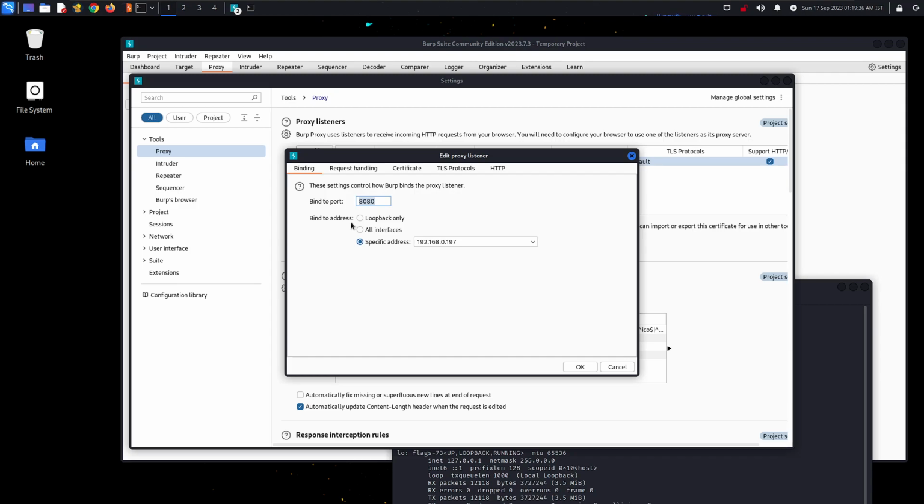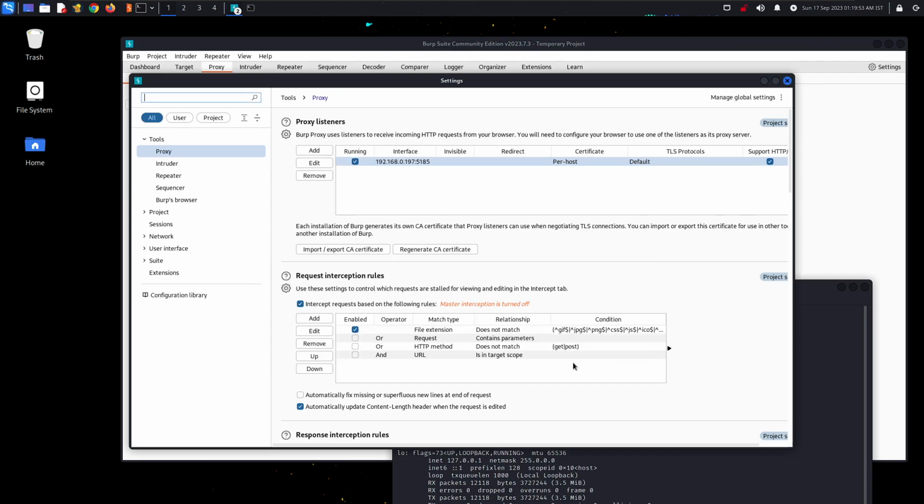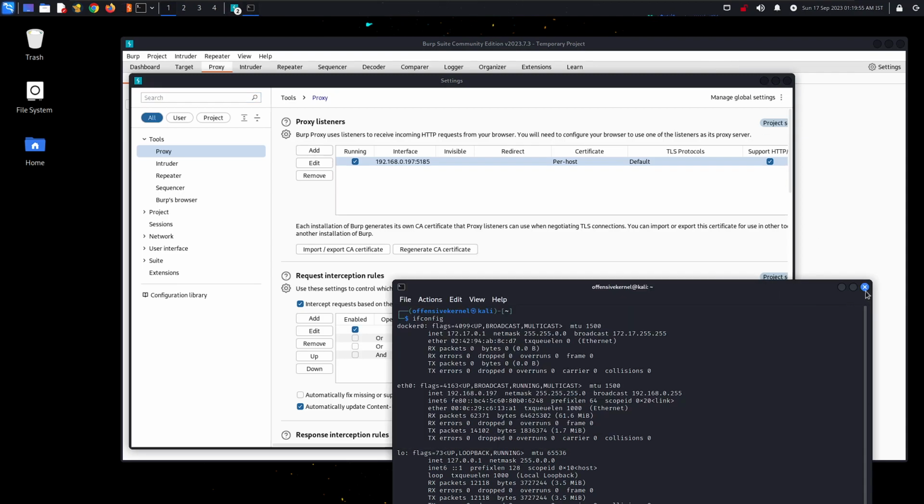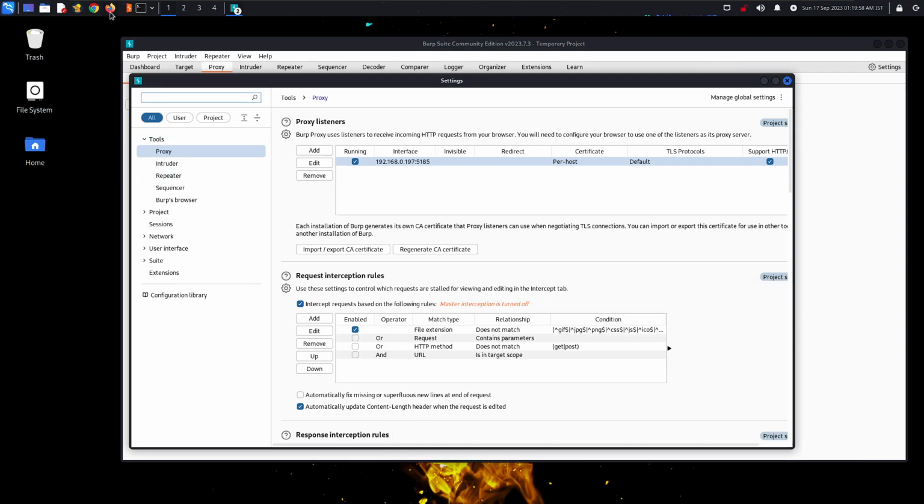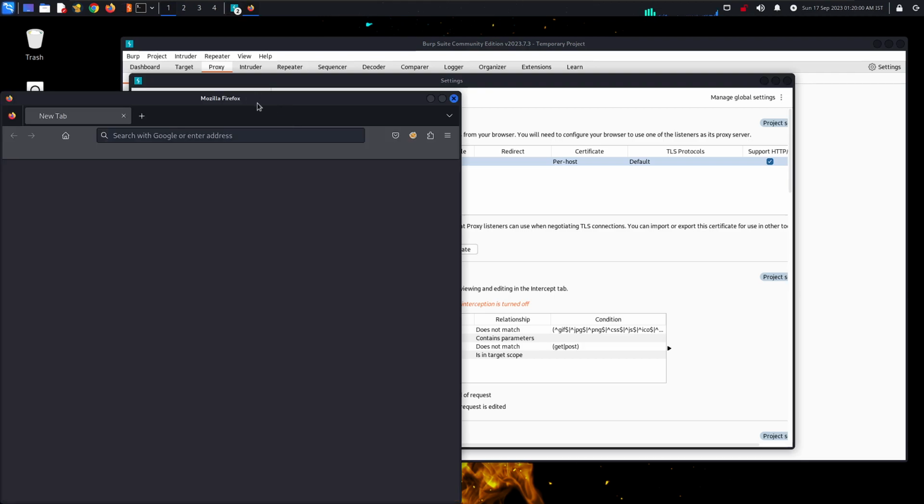Okay, you can give any port, for example a port which is not being used by the known services. For example, you can use 4256, or you can go with 5182 or 5185 and click on OK. And then you have to take the support of a browser, and here we will take the support of Firefox